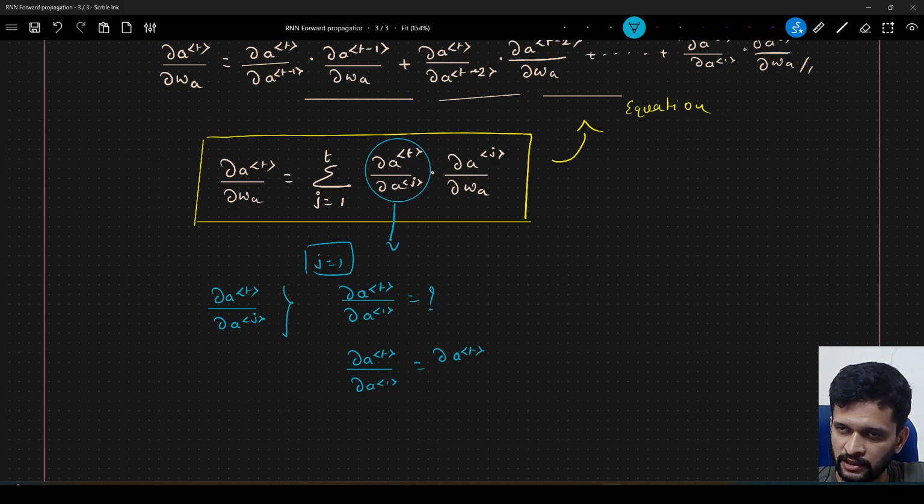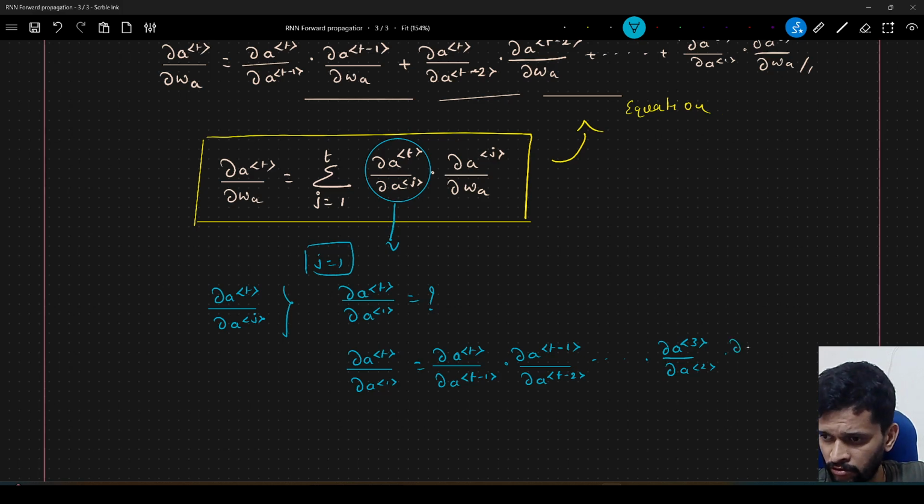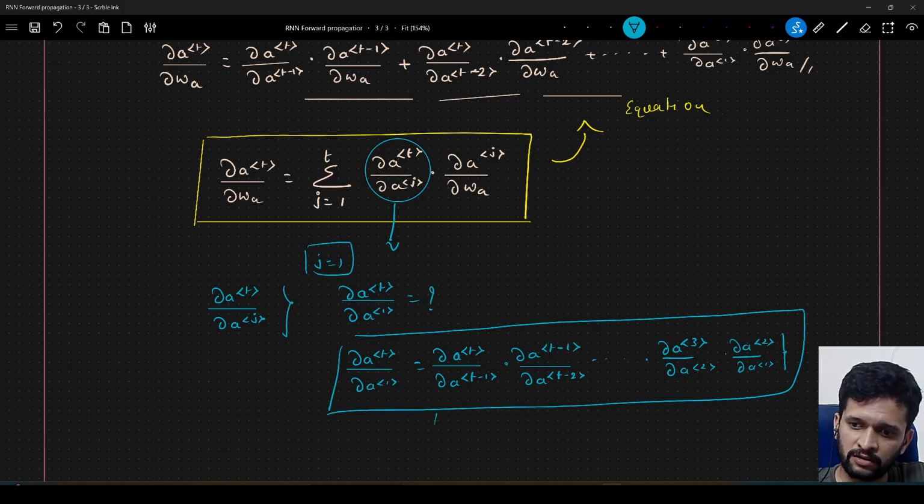the derivative of activation at time step t with respect to t minus 1, the derivative of activation at t minus 1 with respect to activation at t minus 2. So like this, we will go on and on. Derivative of A3 with respect to A2, derivative of A2 with respect to A1, correct? So here we end it. So this particular thing is a product. It's a huge product,